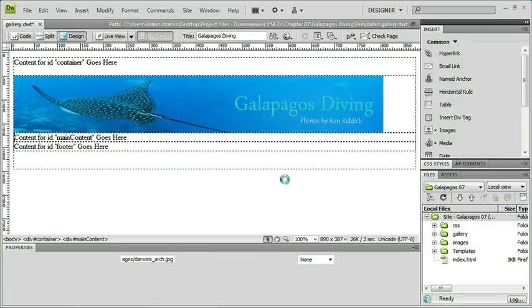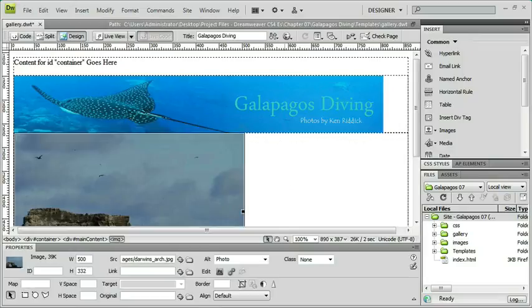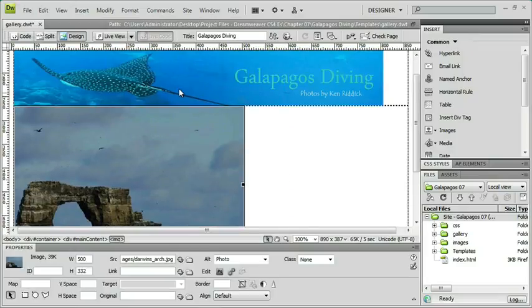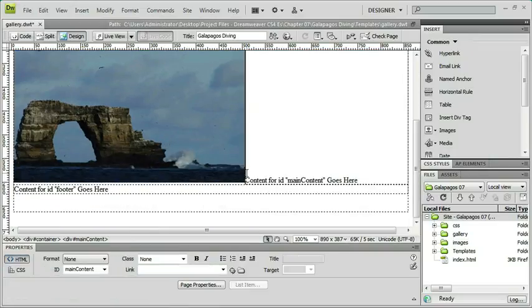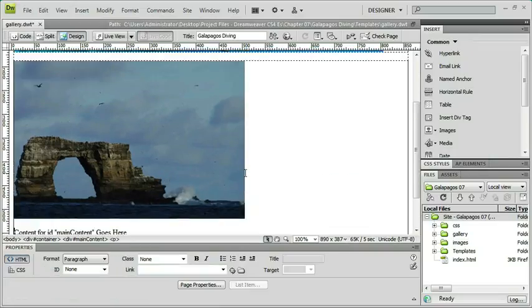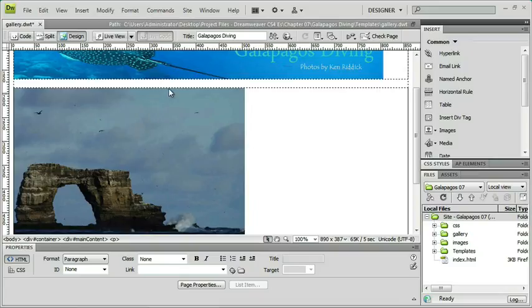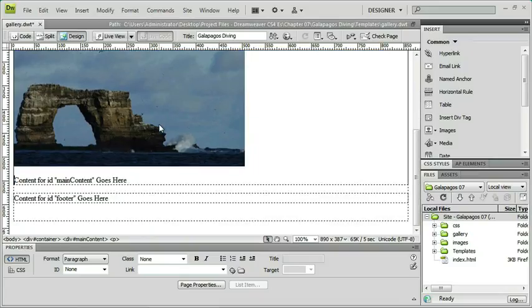So just for now, to have an image on the page, I'll insert that image and I'll use the alt text photo. Now at this point you may decide that's a little tight to have that image right up against there. So watch this. When I add a return to the bottom, Dreamweaver puts in a P tag that adds a little space above and below. And now I can put something simple like add caption here